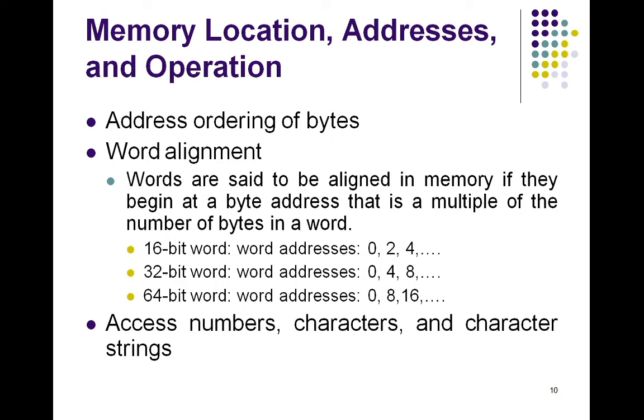Similarly, the individual characters can be accessed by their byte addresses. In many of the applications, it is very much necessary to handle the character strings of variable length. The beginning of the string is indicated by giving the address of the byte containing its first character. The successive byte locations contain the successive characters of the string. So always the first byte contains the first character and the successive byte addresses contain the successive characters of the string.